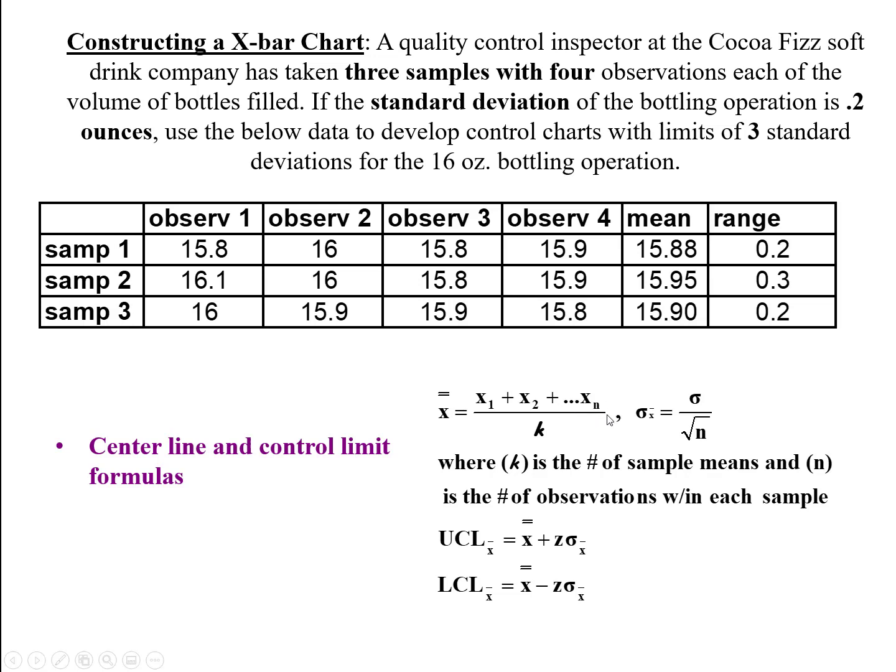And the sigma standard deviation, how you will calculate it, where k is the number of sample means. So we have 3 samples, so k will represent that, and n is the number of observations in each sample. Okay. So now in order to construct this upper control limit and lower control limit, we will use this formulation: x double bar plus or minus z sigma. Z basically shows the standard normal distribution value, and for x double bar, for lower we will deduct, and for upper we will add this.